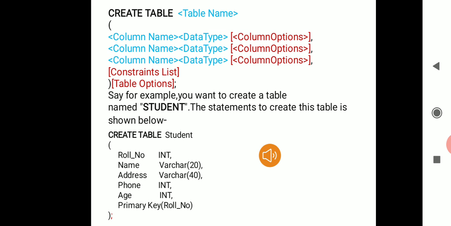Again come to the next line, see the text roll space int. Here the text roll is for the column name and the text int is for the data type in the syntax above. Since roll numbers of students are usually numbers, we give the data type as int. Now come to the next line,